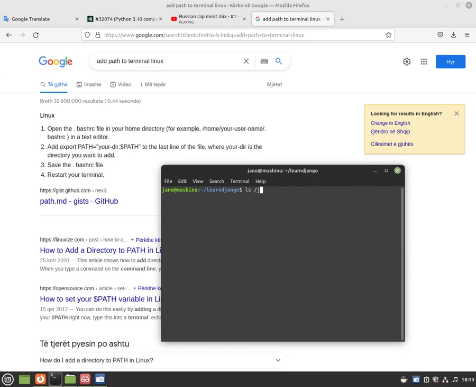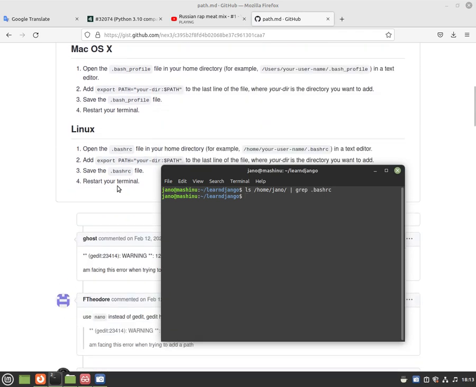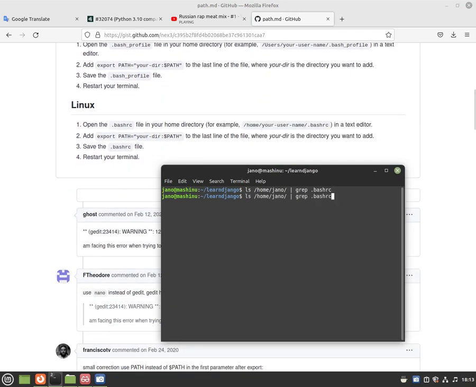ls home yano root grep bashrc. It's not there. So where is the bashrc file? Linux bashrc file home. So vim home yano bashrc. But why doesn't it grab it? Oh, okay. Maybe I need to do ls -a for all. Yeah, now it grabs it. So vim home yano .bashrc